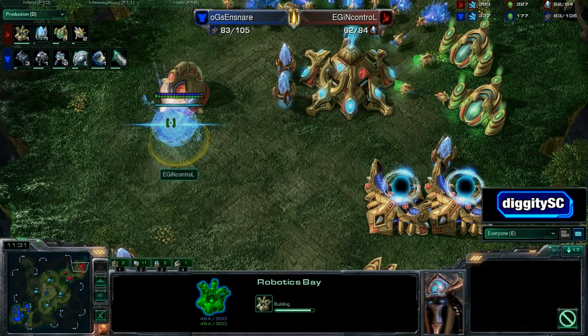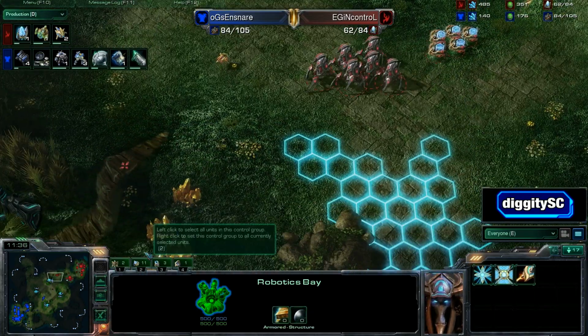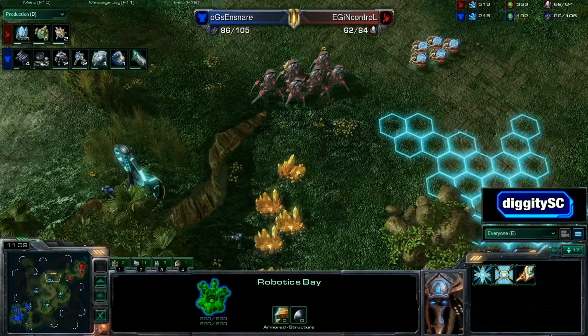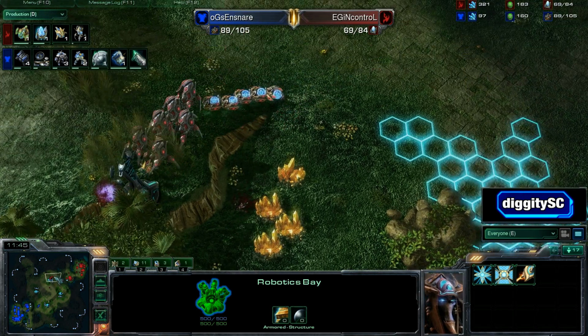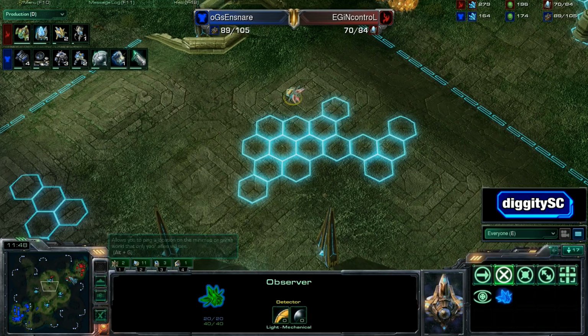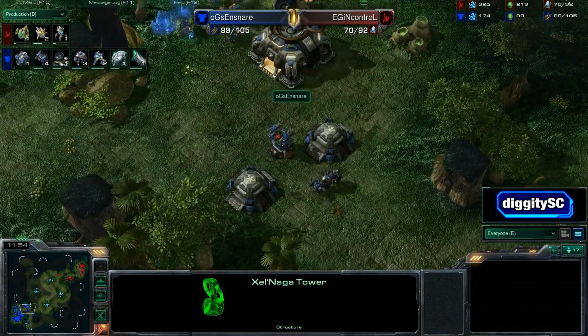Looks like that robo up, as well as the robotics bay. Incontrol actually moving down a little bit in this field, and he can't get caught in the open field. This would be extremely dangerous if he ended up going against basically the full force, but he had an observer in midfield, saw that army back off, so he feels free to take over that Xel'Naga watchtower and maybe keep oGs.Ensnare